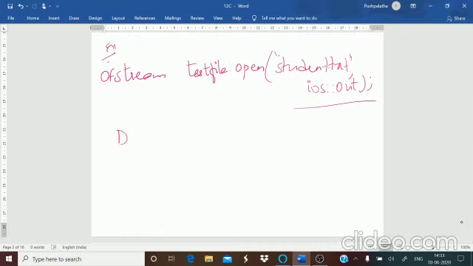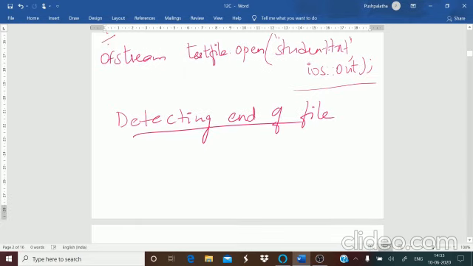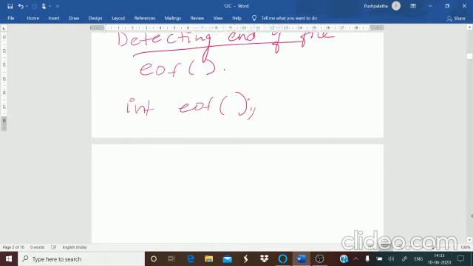Then the next part is detecting end of file. How will you find the end of the file? If you want to find the end of the file, then you use the member function eof. The prototype is int eof. It returns a non-zero when the end of the file is reached.